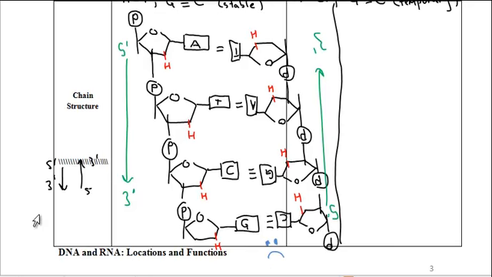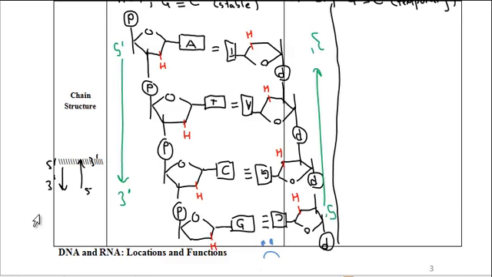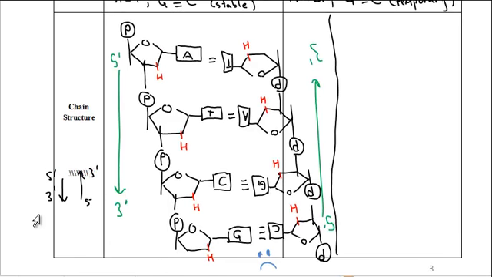That's what we call anti-parallel. If they were both running in the same direction, that would be parallel. Okay, so anti-parallel is that fact that it has to flip just so it can fit together perfectly in three-dimensional